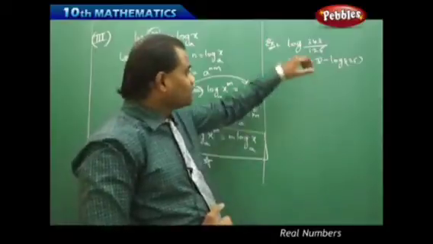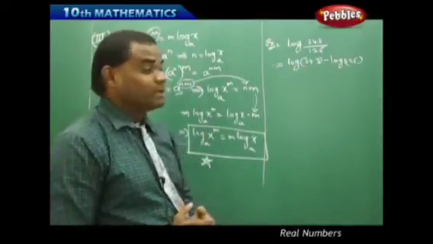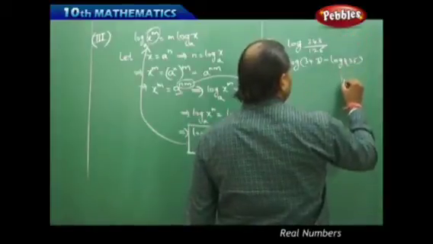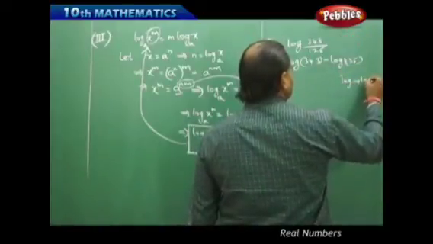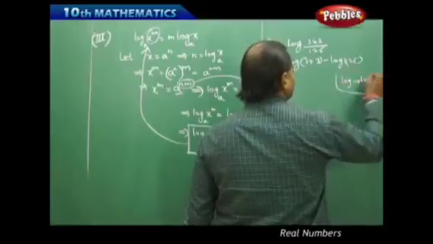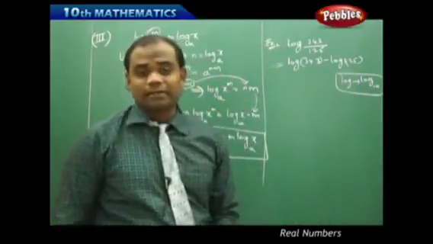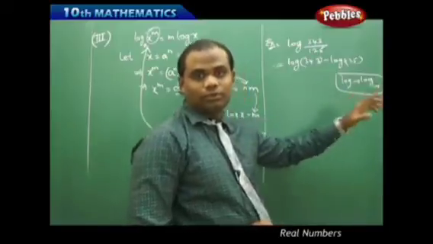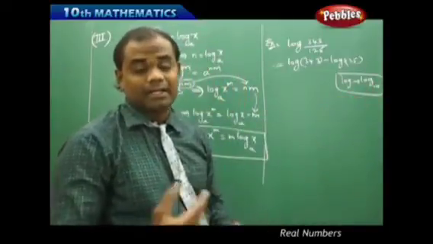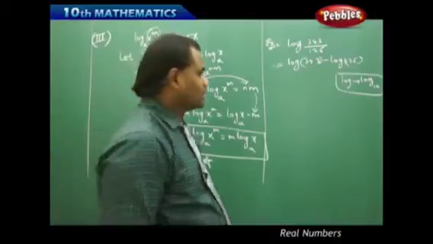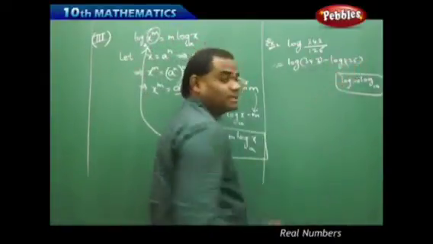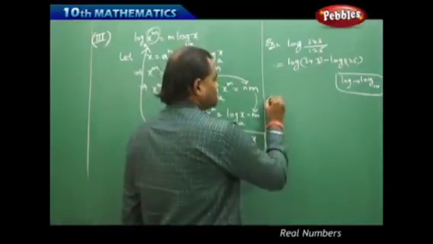Now, one important thing in this question is that there's no base given. So remember, when there's no base given, we understand that this is log to the base 10. So we don't need to put the base; it is indirectly assumed to be the base 10. So this is log 343 to the base 10 minus log 125 to the base 10, which can further be simplified,